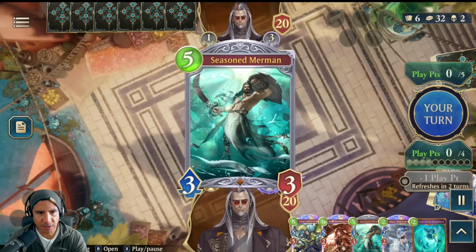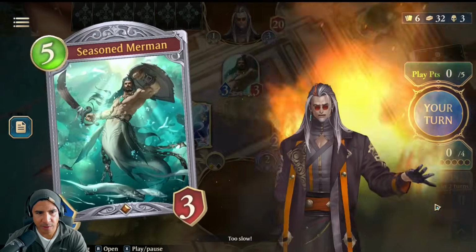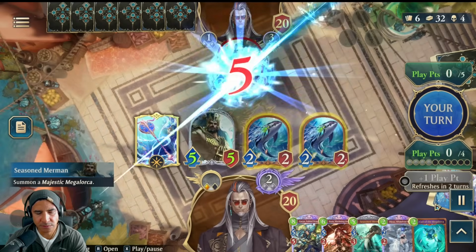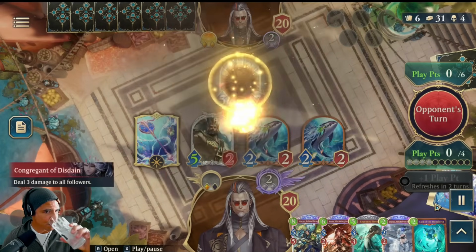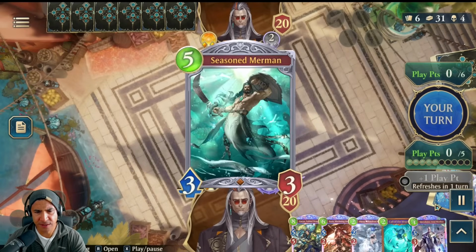So we're definitely going to use the play point here, and we're going to try and take back the board from one Seasoned Merman to another. Something poetic about that trade. Don't see that card played often, but it does tell me it's a Disdain deck, so